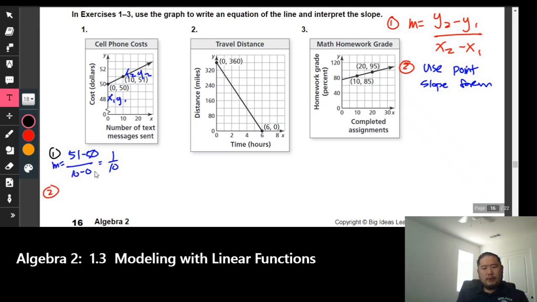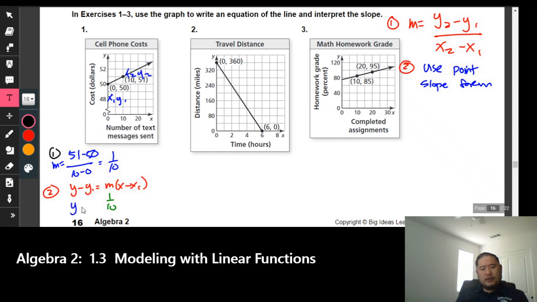Step 2, we use our point slope form. It goes y minus y sub 1 is equal to m times x minus x sub 1. I'll plug in my slope right here. So this will be 1 over 10. And the y and the x, we don't plug anything in for. Okay? What we're going to plug in is x1 and y1. So